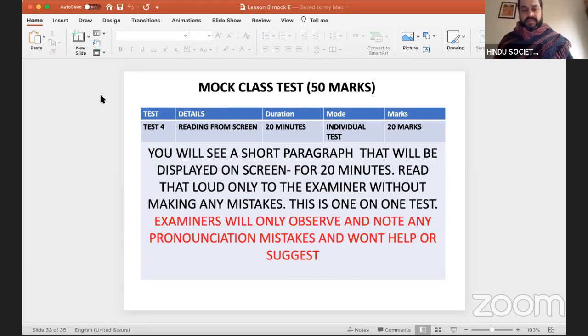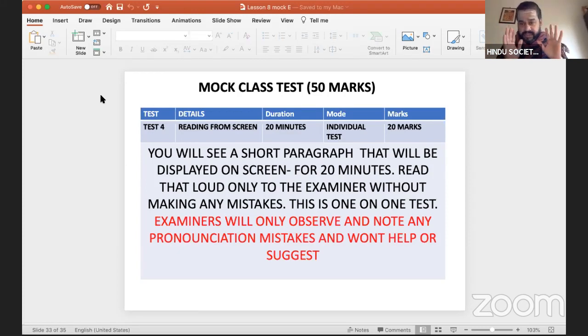So the instruction from here onwards is, during the week, I'll be coordinating with each of you to do the next test. There are 4 tests in the mock exam. We have done 3 today. The 4th one is the reading test. It will be an extempore paragraph that will be displayed on the screen, and you have to read it. You won't get time to prepare, so you just have to read it loud for me. But that will be one-on-one with each of you during the coming week. So once you finish that, your overall assessment will happen, and then we will get ready for the final exam.